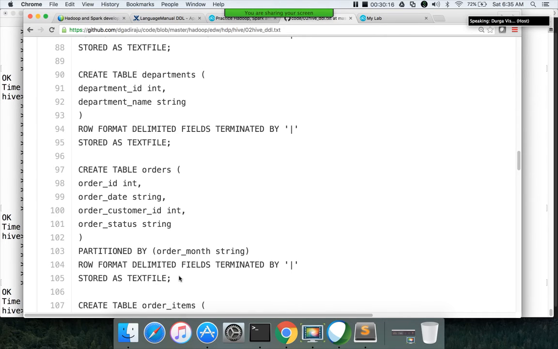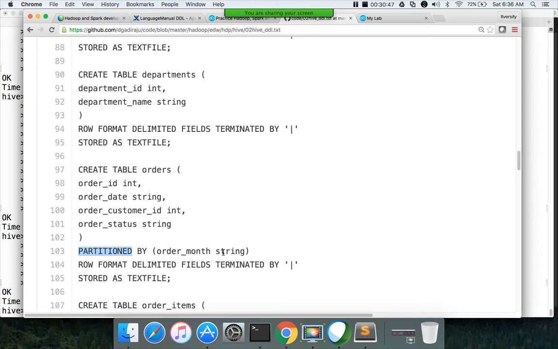When you actually want to partition, this is how you specify it: partitioned by the column name and the data type. When it comes to Hive, there are only two types of partitioning: partitioning and bucketing. In traditional RDBMSs like Oracle, you see hash partitioning, range partitioning, list partitioning, and you can nest those things. And in recent versions of the database, you have many other types of partitioning strategies.